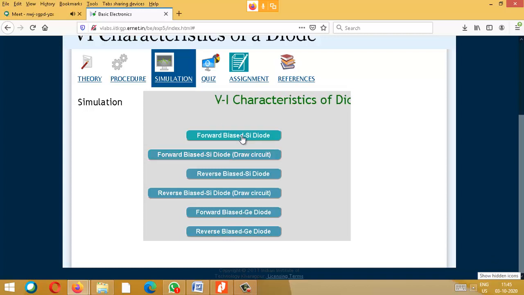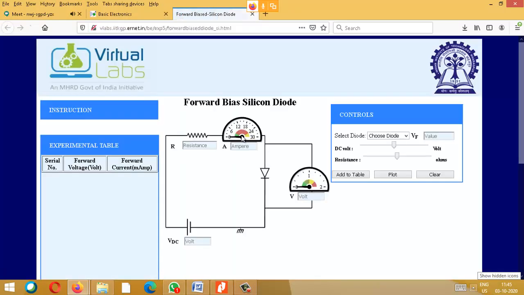Now what we have to do is just click on this forward bias silicon diode. Here you can see we have taken a diode. I have told you positive has to be connected to this side and negative to this side. From positive your electron will start flowing and this electron will flow through this particular diode. Now we want to measure what current is flowing and what voltage is across the diode, to draw the graph. So they have connected an ammeter here and a voltmeter here. When you start increasing your voltage, the electron starts to flow.